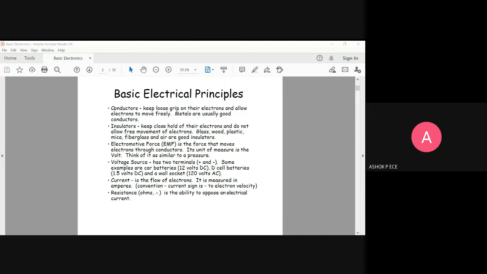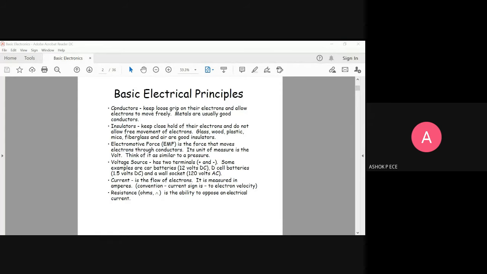In a conductor, the electrons are abundant in number. They are ready to move. Usually for an electron to move, you have to provide some energy. Only then can electrons move, right? But in a conductor, the electrons are abundant in number, and even with the slightest energy you give, these electrons are excited and they start moving inside the conductor, leading to current. I told you electrons in motion lead to current.